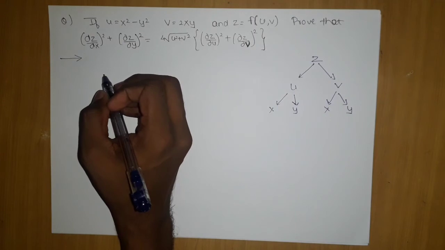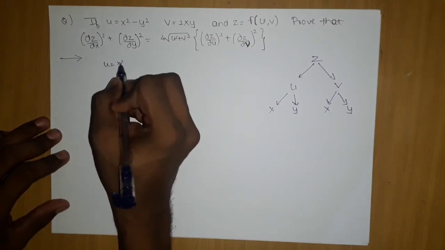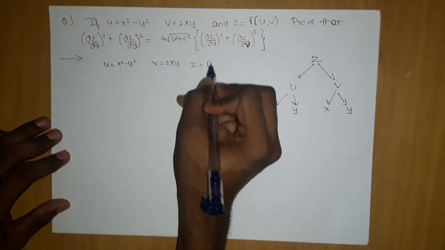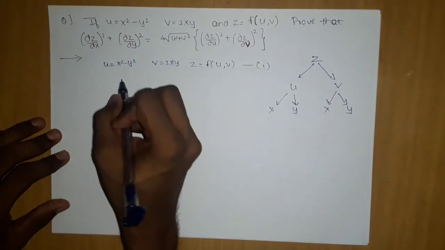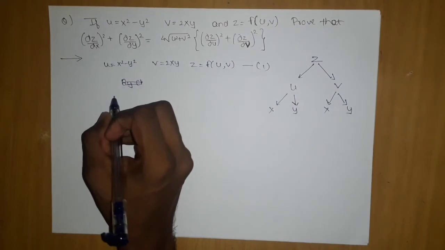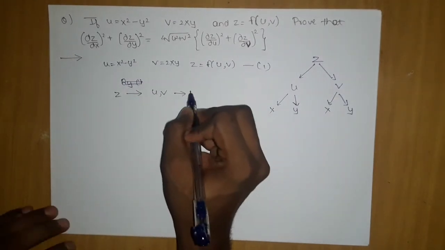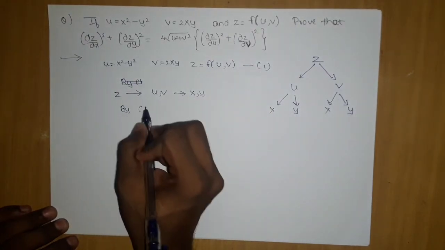Now, so what we can do, first you have to mention all the things, u equals x square minus y square, v equals 2xy, z equals f of u comma v, and keep it as 1. So by now you have to mention this chart, which is z is a function of u comma v and u, v is a function of x comma y. Now by chain rule,